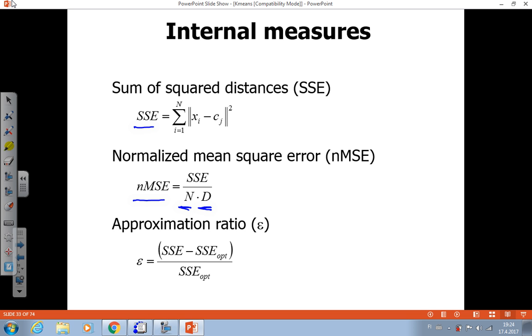Why the number of dimensions in that case? Well, the reason is simply that in our old papers, if you look at those results, there is the so-called mean square error used, and it is actually measured here. So if you wonder where these numbers come from, we have something to compare with. And then I also use this kind of epsilon to calculate the sum of squared error and the difference to the optimal solution. Well, at least if we know it, or if we don't know, then the best case, and the relative difference by dividing it.